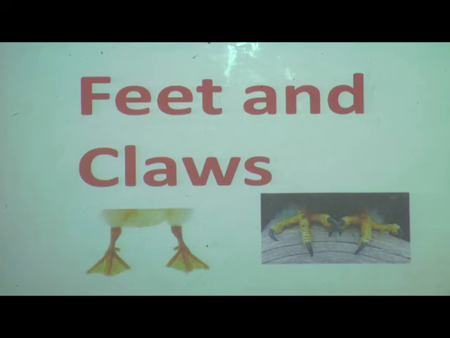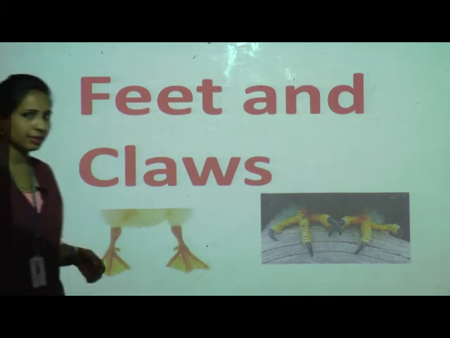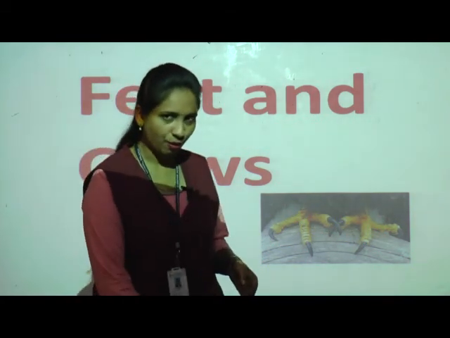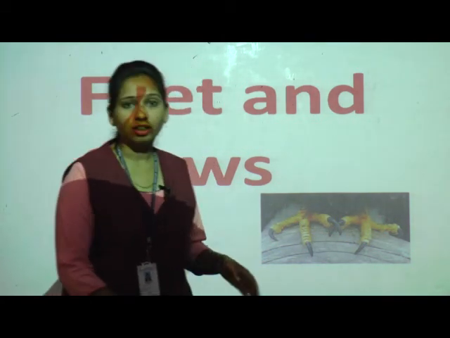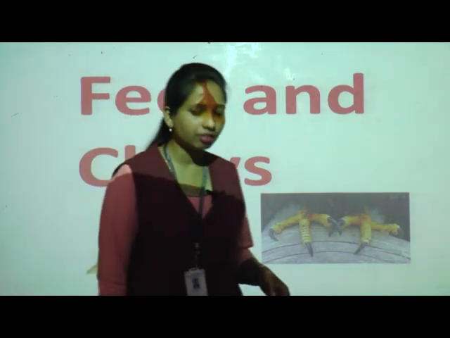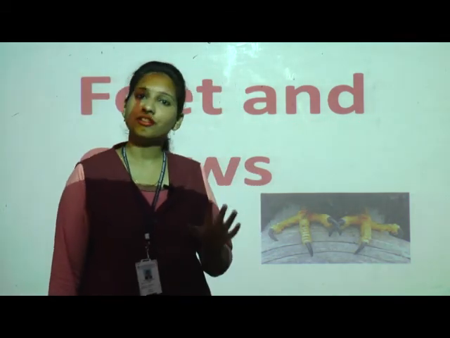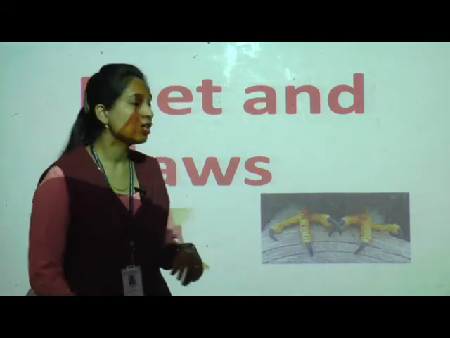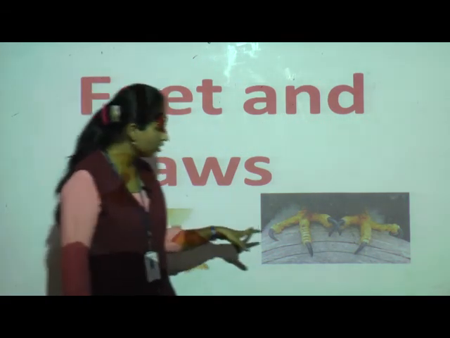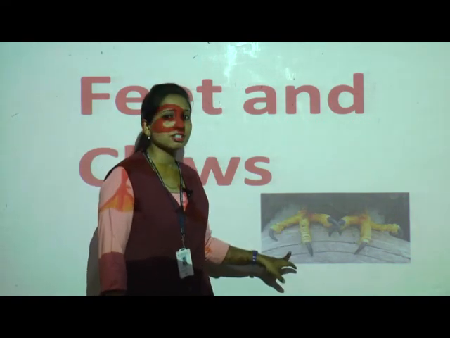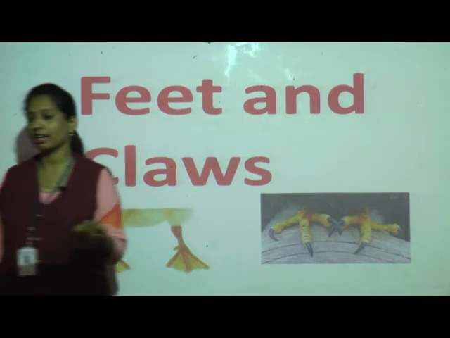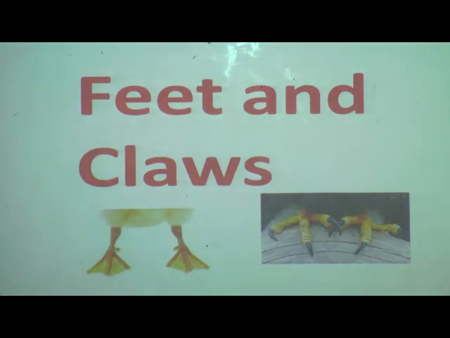See, how many toes do you have, students? Yes, tell me. Just count your toes. You have 2 legs now. So on the first leg, how many toes do you have? Yes, 5. And the second, 5. So total how many are there? 10. So in the same way birds have toes. On the first foot they have 4 toes and on the second 4. Okay. So what will they do with the help of those toes? They help for walking, for hopping, for picking things and catching and holding the food.